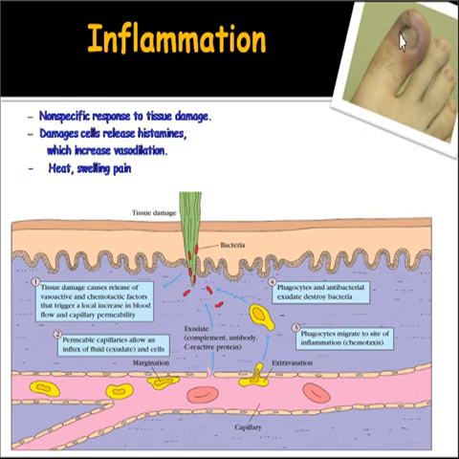The first is rubor, which means redness, you can see over here. Then tumor, that is the swelling. Third is calor, that means heat is generated. This region becomes a little hot compared to other regions because it is richly supplied with blood. Then there is higher blood flow to this region, and the last one is dolor, that means pain is there.